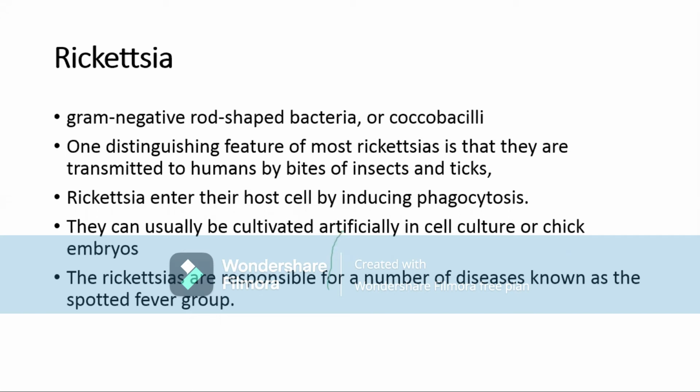So the disease appears in the form of rashes, right? So that's why it is called the spotted fever group. Spotted rashes are there because at different places of the skin spots are visible. That is because of the reason I told you, this infection increases the permeability of the blood capillaries, right? So along with the fever,